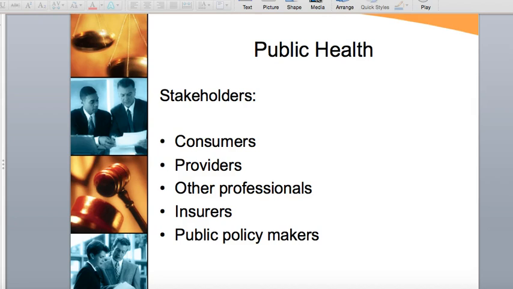And then oftentimes the provider has to change their treatment plan to meet the expectation or requirement of the insurance company in order to get paid. So again, if you look at this list and think more critically about it, you can see where each of these stakeholders can have power in their own right, but some of these stakeholders may have more authority over the others in terms of ability to influence healthcare